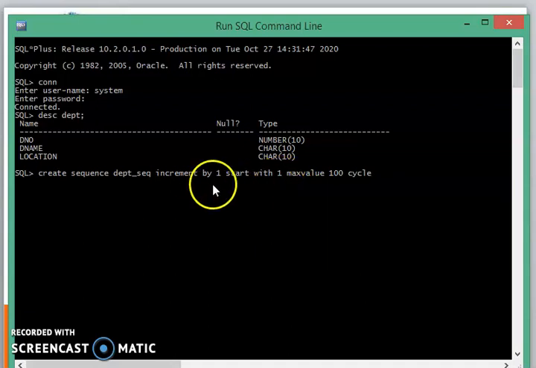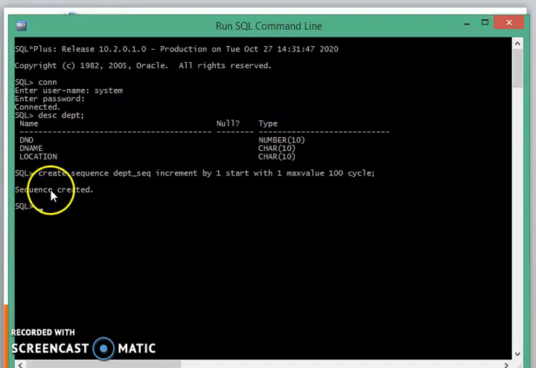It will be incremented automatically by the value 1, and the maximum value for the sequence that can be generated is 100. After 100, if we have the next record, the sequence will start again with 1. For this purpose we are using the keyword cycle. It means it continues to generate values after reaching its maximum or minimum value. Then semicolon and press enter.